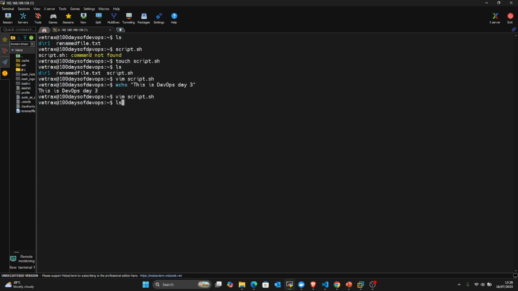Okay, so we do ls. So now, how do you run a script? You run a script by defining where that script is. You define the path of that script. On day 1, or yesterday, I talked about relative path and absolute path. So if I do pwd, I'm in /home/vetrax, and the script is in /home/vetrax. So now, because the script is actually where I am, I can use a relative path and just do